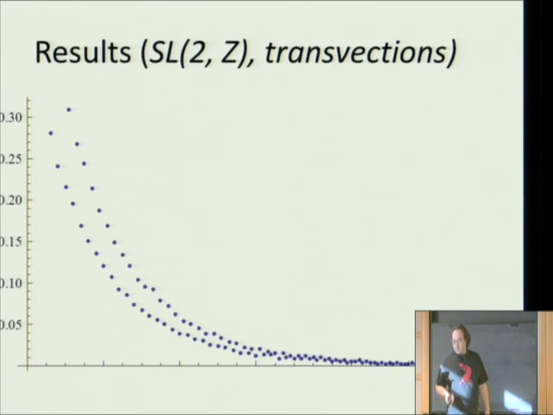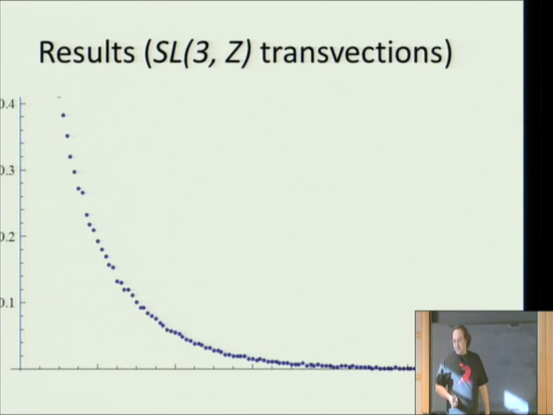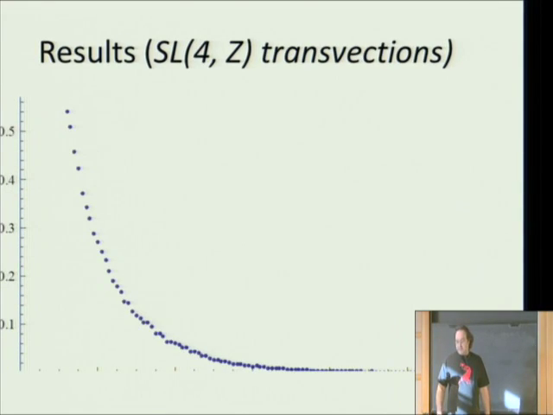So, OK. SL3Z, suddenly it looks like 1 curve, though if you look at the numbers carefully, there's still 2 curves, but they're very close to one another. SL4Z looks even steeper and even more exponential. Actually, I did the experiment for SL5. The graph becomes steeper and steeper, so it becomes less and less interesting. And for Hua and Reiner,